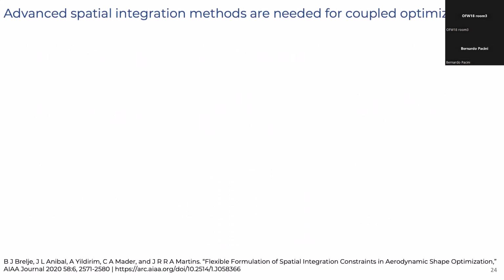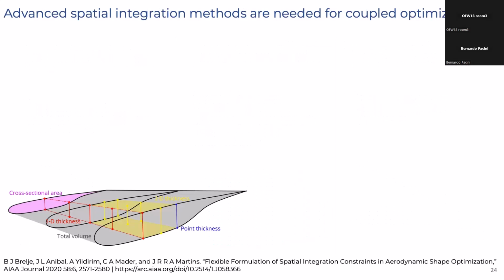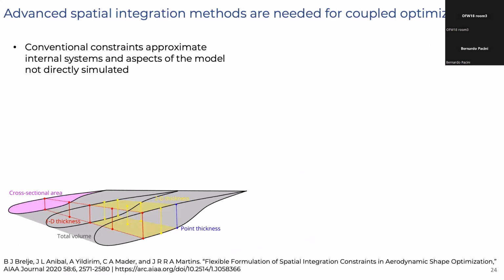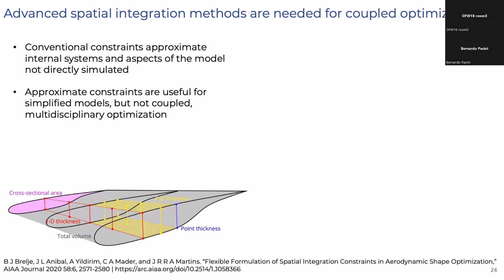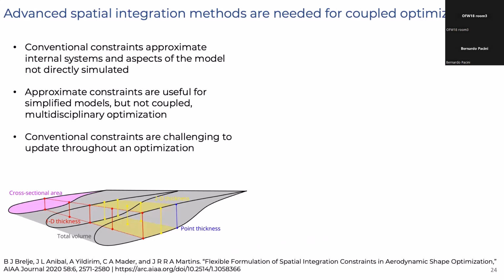To do this, we need some advanced spatial integration methods. Typically, we use conventional constraints that approximate internal aspects of the model, and these are not directly simulated. So we impose some 2D thickness constraints that might approximate the size of a fuel tank, or some volume constraints for the fuel tank or the structure. But these approximate constraints are useful to simplify models, but not for coupled multidisciplinary optimization. And it's very difficult to update these constraints as you go through the optimization, especially if you don't model that